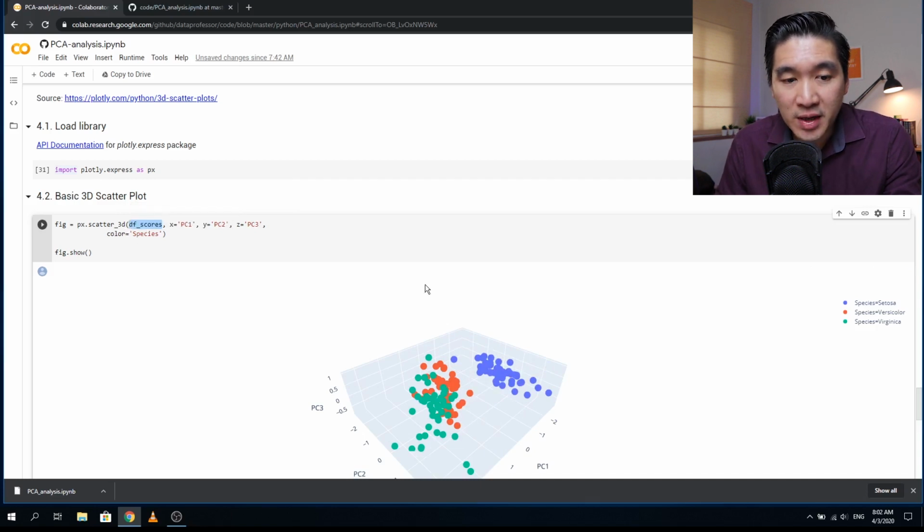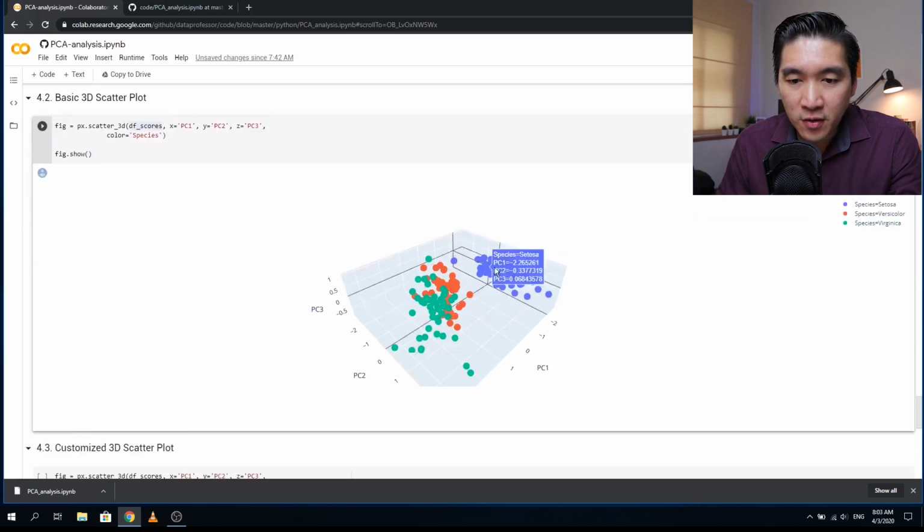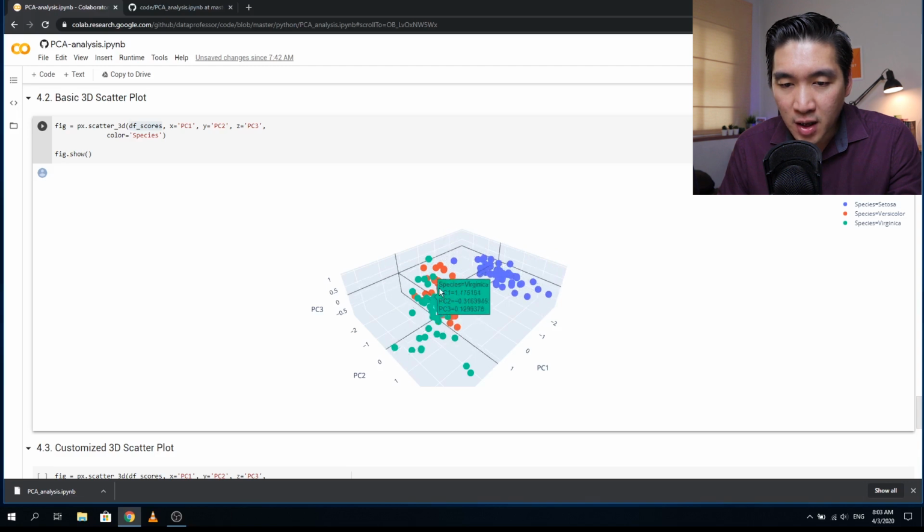And so because we have three species, versicolor, virginica, and setosa, it's going to create three different colors for each of these species in here. And so if you hover your mouse over the data sample, you're going to see exactly which flower species it belongs to. So the bluish purple will belong to the setosa, and the green will be virginica, and the red